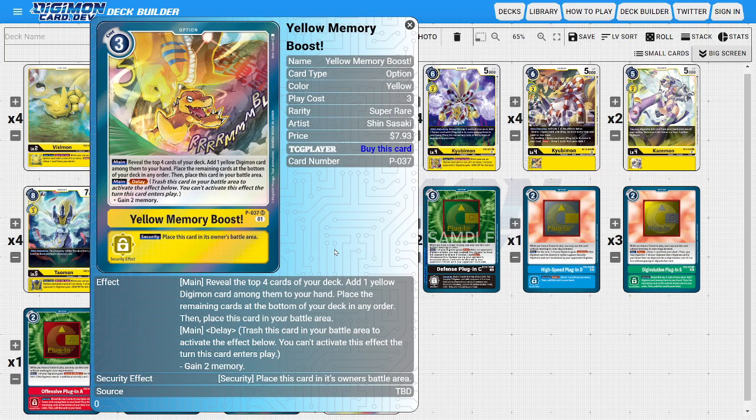So Yellow Memory Boost is in the deck for more consistency and setup potential, so that way we can make even more powerful combo plays with all of our different memory boosts. It has the nice main ability where we get to reveal the top 4 cards of our deck, add a yellow Digimon from among them into our hand, and then the rest go to the bottom in any order, with this card going into the battle area for its secondary main ability of Delay to gain us 2 memory,